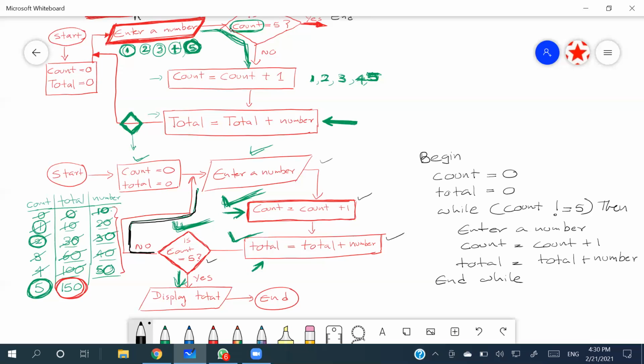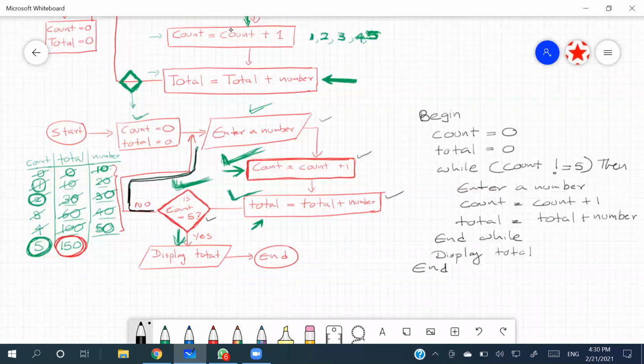Right? So then we can display the total and we can end. So that will be the end of the pseudocodes, right? So you can make the things correct, or you can compare your answer with this particular